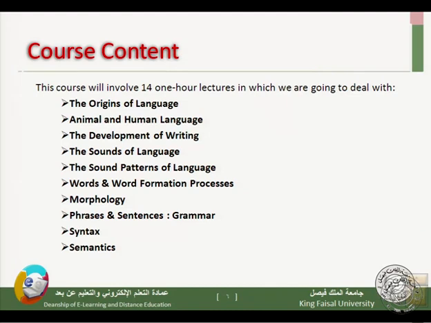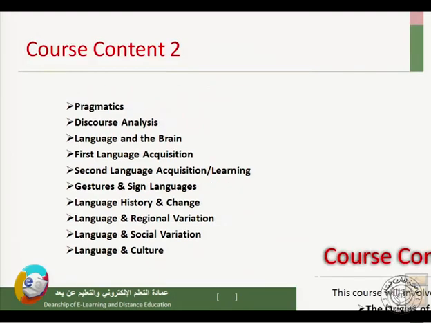The course will cover the different chapters of that textbook, which starts with the origins of language, and to compare animal and human language, the development of writing, when it started, the sounds of language, the different sounds of language, sound patterns of language, words and word formation processes, morphology, phrases, sentences, that's grammar, syntax, semantics,